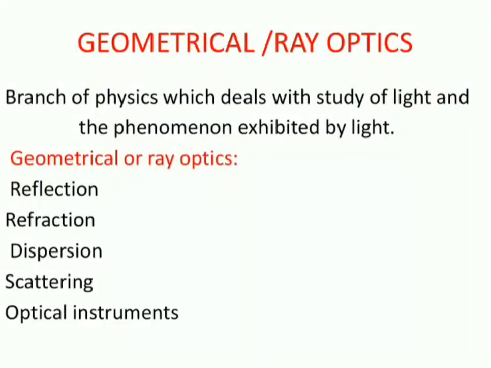Welcome back, children. So in today's chapter review, we'll be revising the concepts of ray optics. We know optics is classified into ray and wave. In ray optics, we'll be studying reflection, refraction, dispersion and scattering, and end the chapter with optical instruments. So in today's lecture, we'll be discussing two concepts, reflection and refraction.